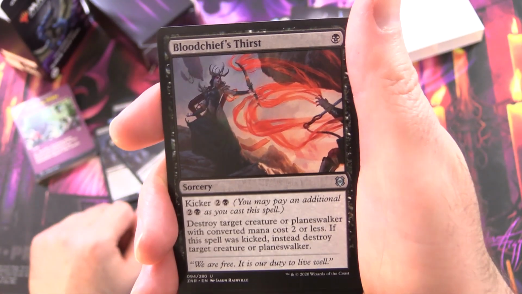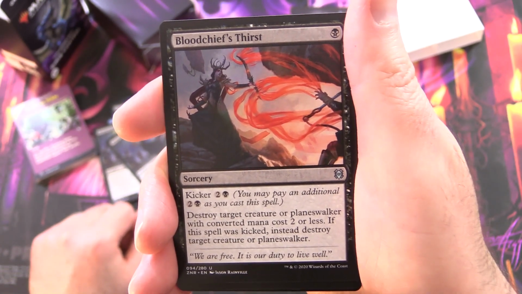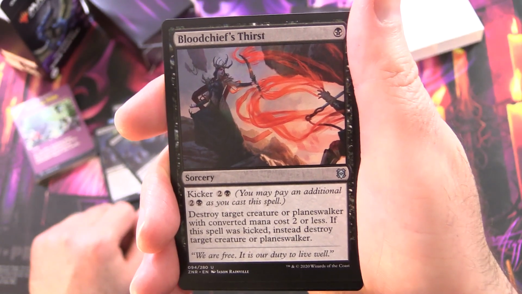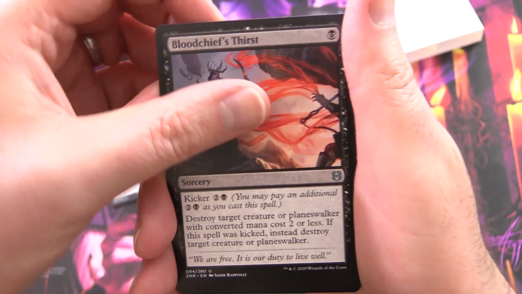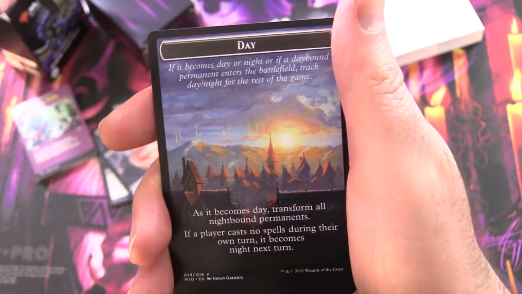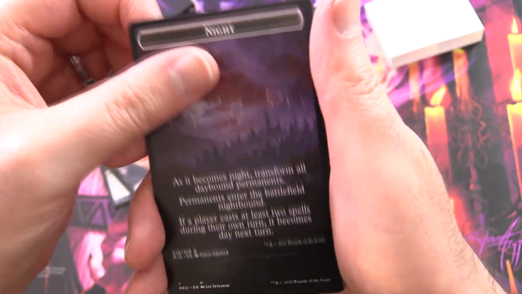Bloodchief's Thirst, sorcery for a single black, kicker 2 and a black. So you can pay that extra as you cast it. Destroy target creature or planeswalker with converted mana cost 2 or less. If this spell was kicked, instead, destroy target creature or planeswalker. 2 of those, and then we have the convenient day-night token in case you don't know whether it's day or